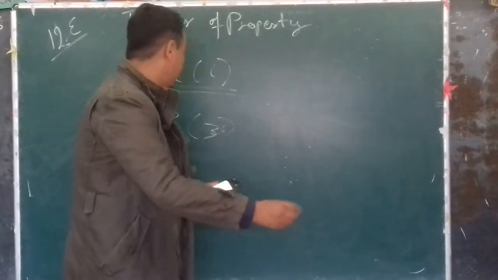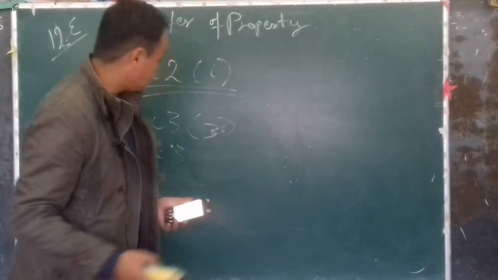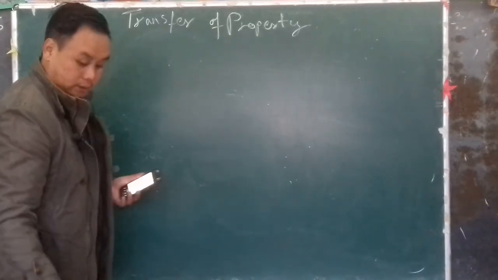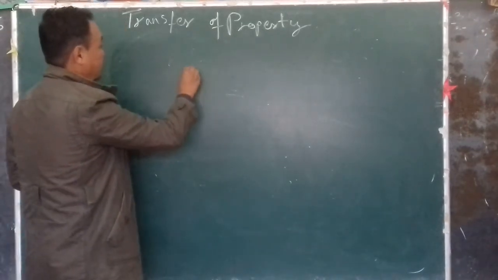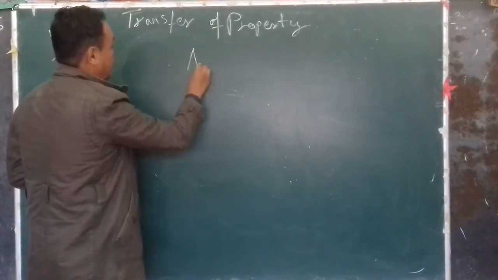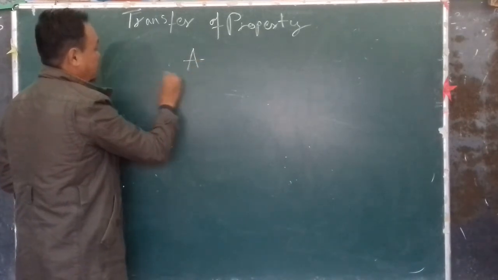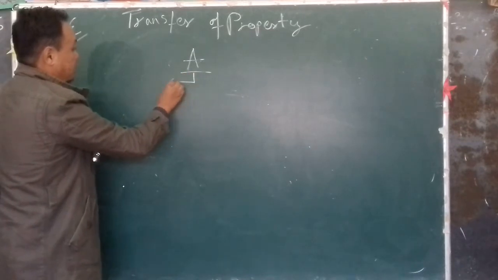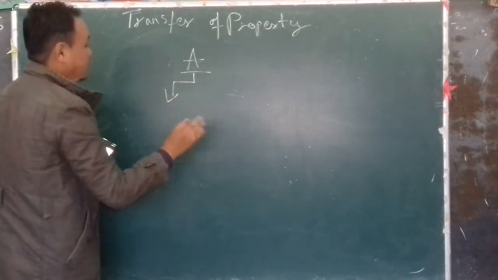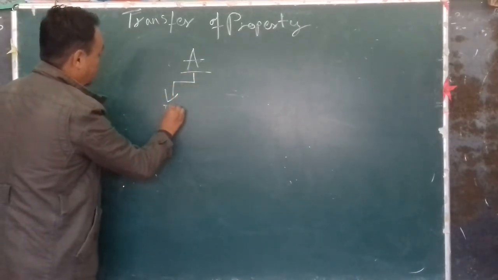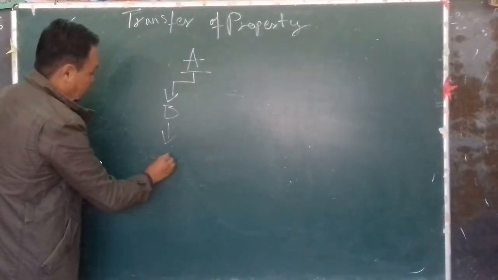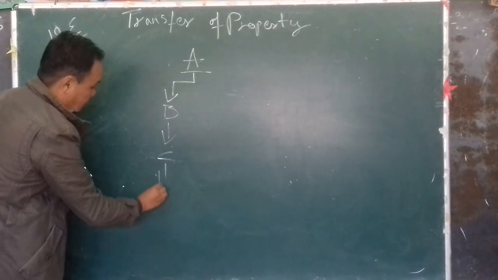Now perpetuity is, for example, Mr. A has a big property. What he has decided is, he has transferred his property to Mr. B, and after Mr. B to Mr. C, and after Mr. C